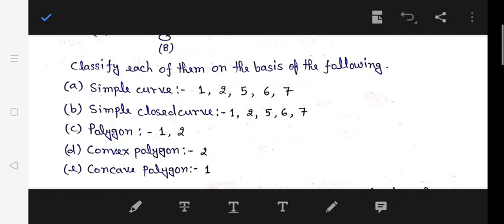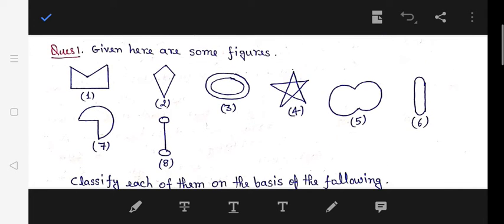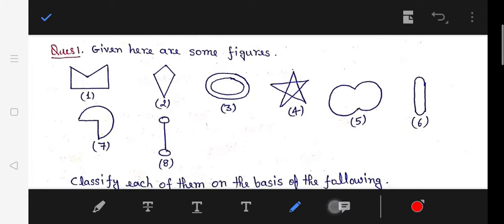And a polygon in which at least one angle is more than 180 degrees is called a concave polygon. So now I am going to check two polygons here, the first and the second. In the first, you will find that all the angles are less than 180 degrees. Here it is less than 180 degrees, this angle is also less than 180 degrees, here it is less than 180 degrees, and here it is less than 180 degrees.